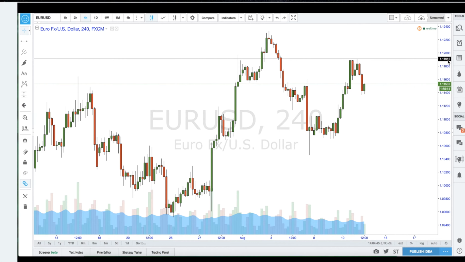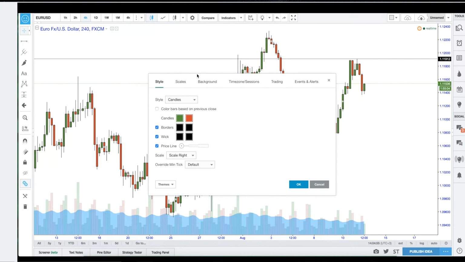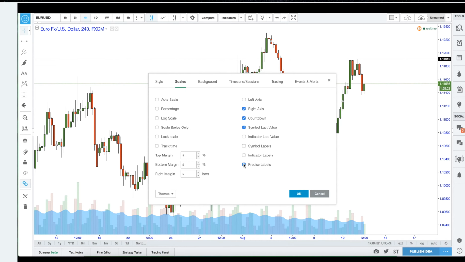But sometimes if the precise label box is checked, when you're doing your analysis, this label here can sometimes offset the actual line. So I found that this precise labels over here, if that is unchecked, everything remains in synchronization.